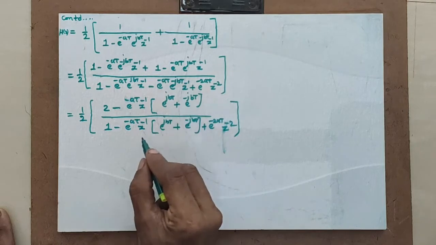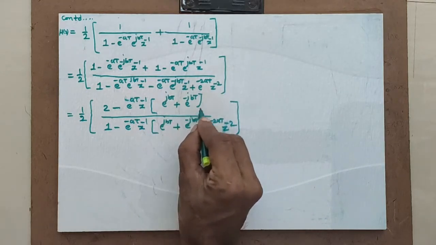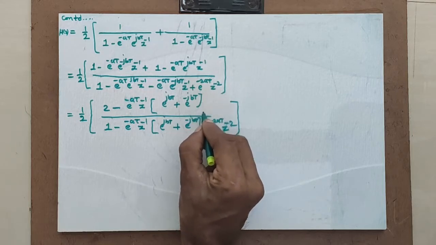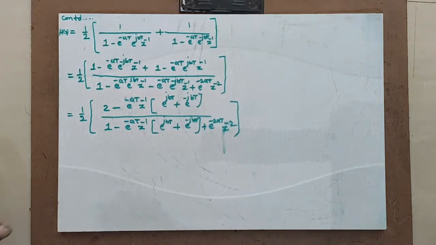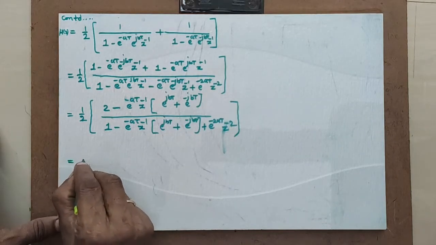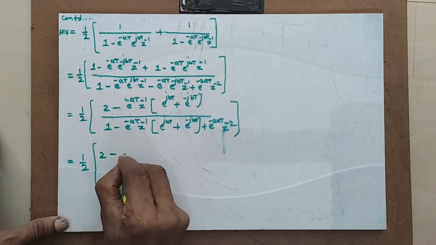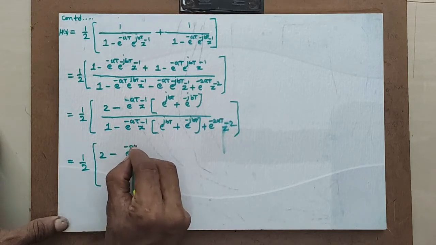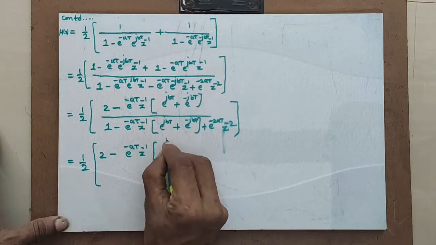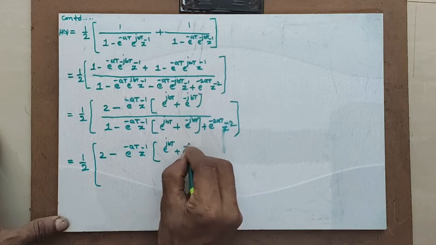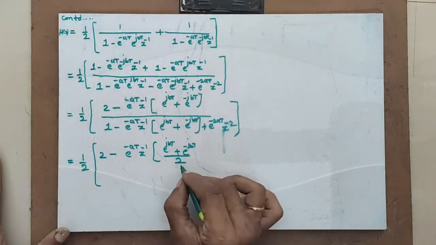Now I hope, looking at this e raised to jbt plus e raised to minus jbt, you have come across the thought that this is a cos. Similarly here is a cos, but so as to introduce cos I should have divided by 2 here, so as to compensate that, 1/2 comes here. Hence in the same equation I will use half, 2 minus e raised to minus at z raised to minus 1. Here what happened? e raised to jbt plus e raised to minus jbt divided by 2 I did. This divided by 2 was not there.